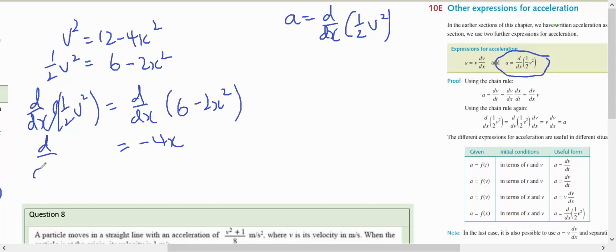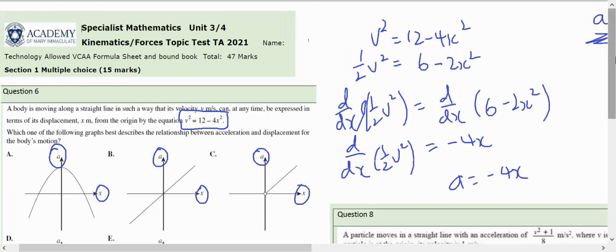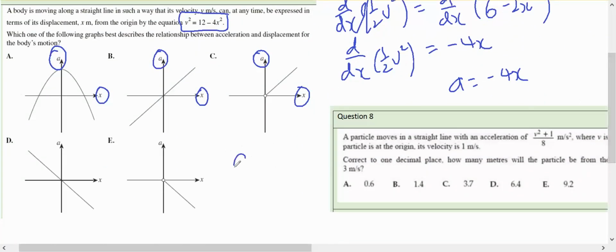So that's what d dx of a half v squared equals, and since acceleration equals d dx of a half v squared, acceleration equals minus 4x. If I'm graphing acceleration equals minus 4x, then I'm going to be choosing either this one or this one,